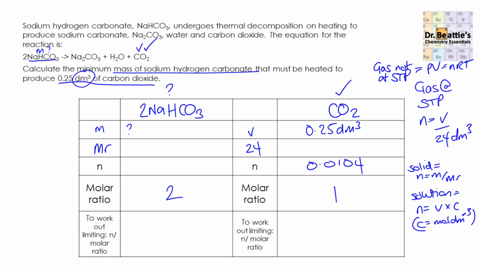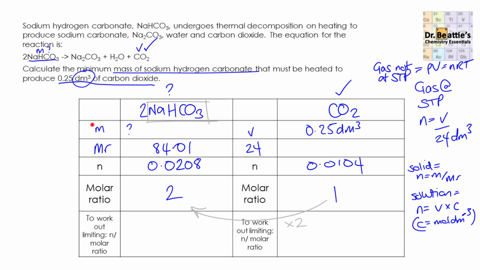0.0104. As the information we're given is just a volume of a product, we cannot use this row because it's not dealing with a reactant. So looking at our molar ratios, to go from here to this, we need to times by 2. So we're going to do exactly the same operation to our number of moles here. Then we're looking for the Mr of sodium hydrogen carbonate. We need to remember that the coefficient has no effect on the Mr. We're just interested in 1 unit of sodium hydrogen carbonate. So this works out to have an Mr of